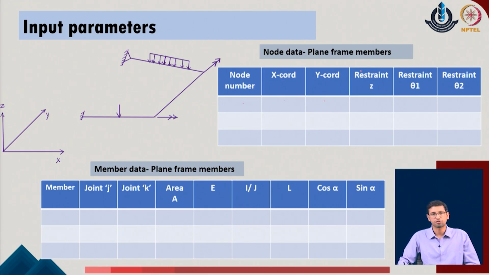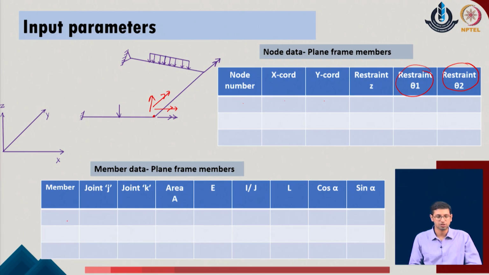Now when it comes to the restraint degrees of freedom, we realize that at any point we have one translation along the z direction, which is the transverse direction of the given system. That is one degree of freedom for which we need to define restraint or not. Second will be the moment about the axis x. That is our restraint with respect to theta 1, and third will be with respect to the moment about the second in-plane direction of the given grid, and that is the restraint theta 2 of the given system. So we typically define these as the input parameters for the node system.